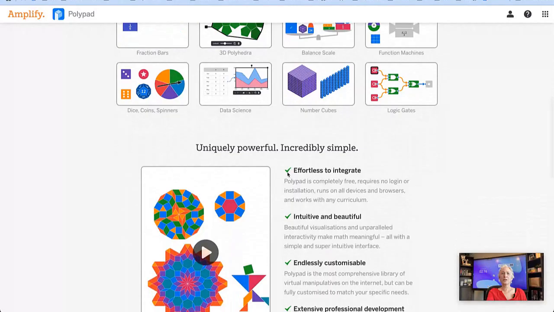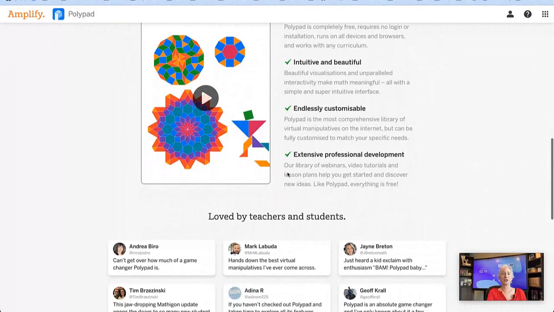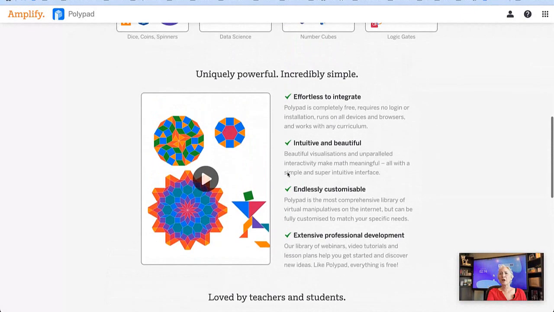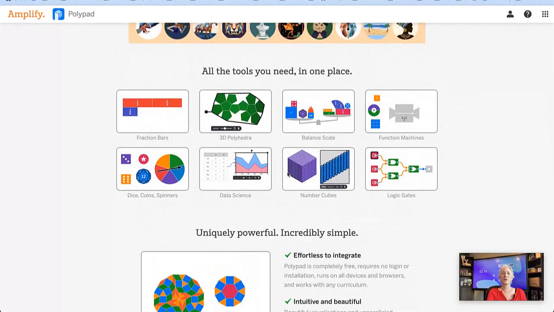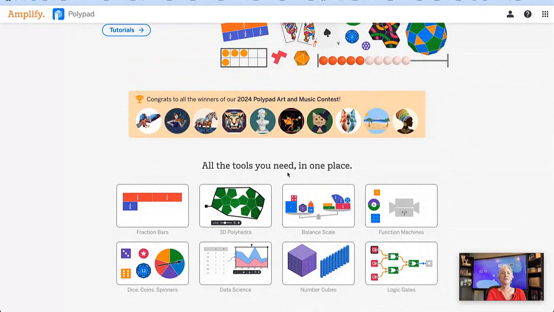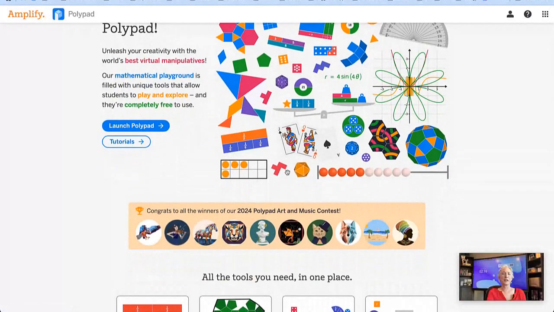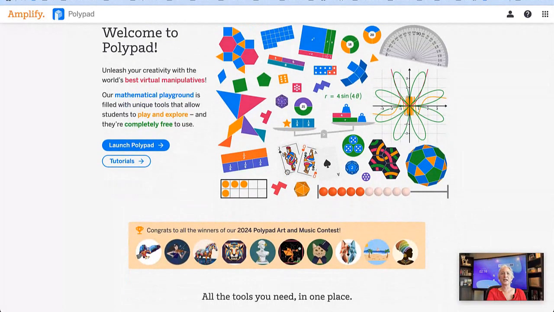So Polypad is geared towards teachers who teach math in elementary through middle school and excels in bringing math concepts alive, such as geometry, fractions, number operations, algebra, measurement, and even data and statistics. There are many tools out there that focus on procedural fluency, but Polypad really focuses on helping students engage and develop a conceptual understanding, meaning students can see how mathematical ideas are connected and explore the relationships between the numbers and shapes and operations. For example, they can physically rearrange fraction tiles to understand the equivalency